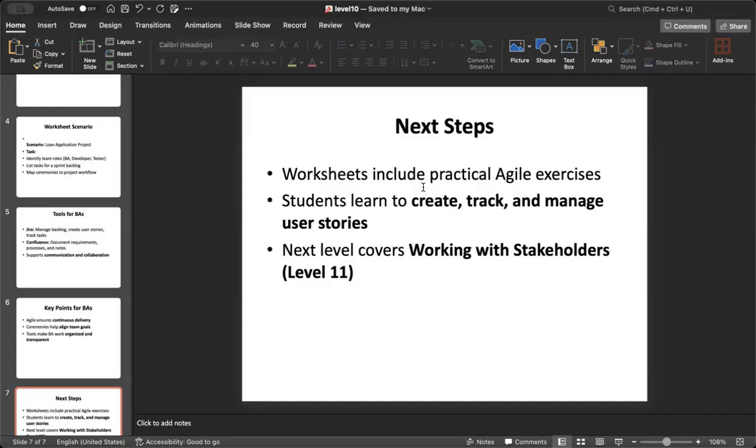Next, level 11, we'll focus on working with stakeholders, which is all about gathering and clarifying requirements directly from the